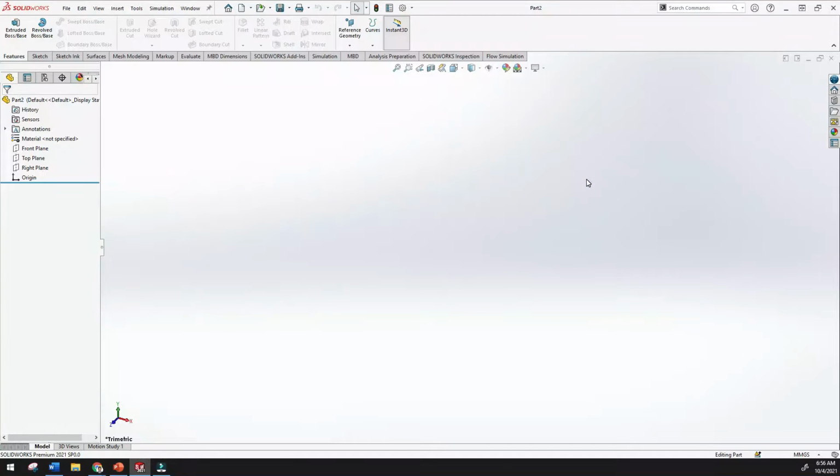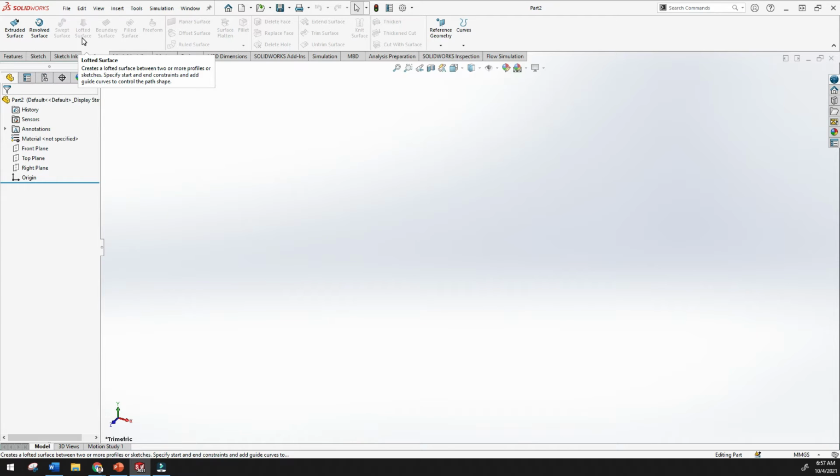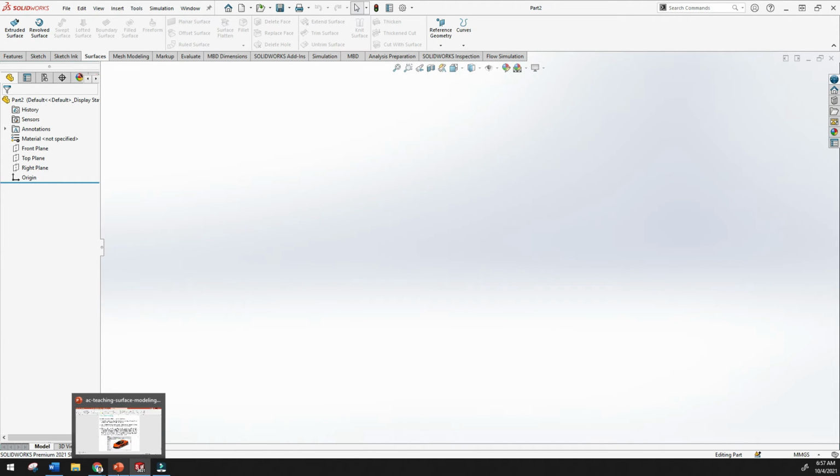Hi, in this video we will learn about surface design. Here you can see the very powerful tools like surfaces, and you can distinguish between surfaces and features. In features you can see extruded, revolve, swept, lofted, same as you can see here: extruded, revolve, swept, lofted, and so many tools. It is similar to the features, but the reason why we are using surfaces, here you can see actually what is surface.